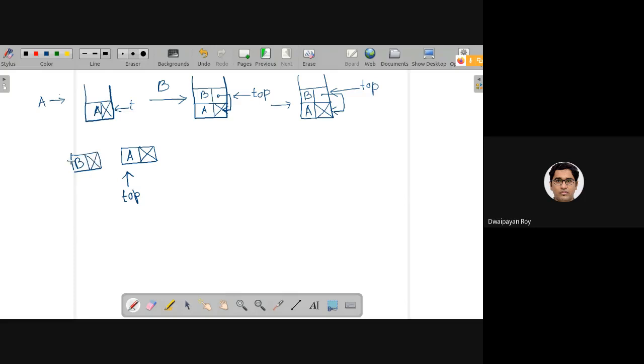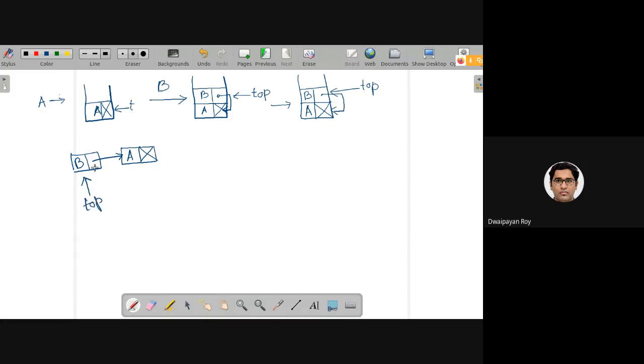While creating a node, the way it should be done is we should set the pointers to null initially. Then I need to set this to point to this, and then I need to set the top to point to the newly inserted node.